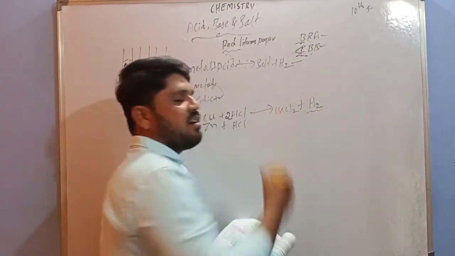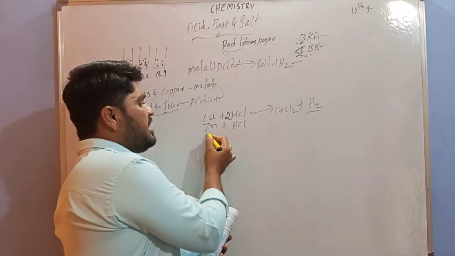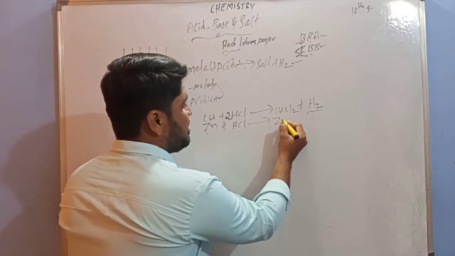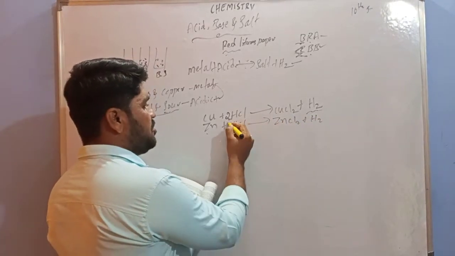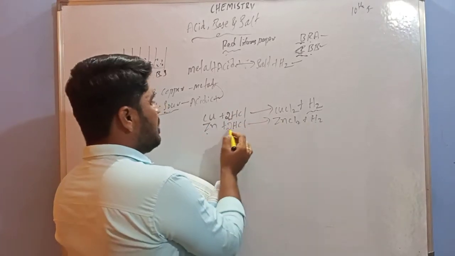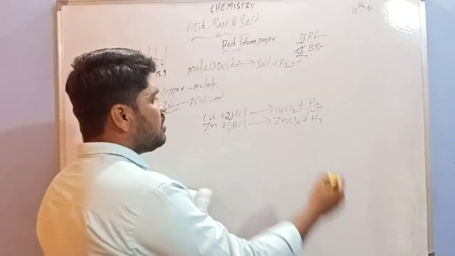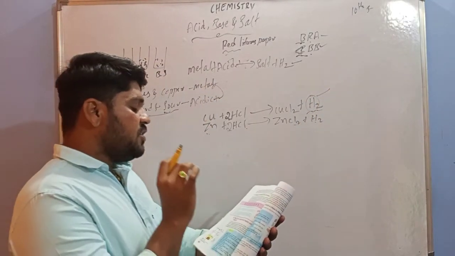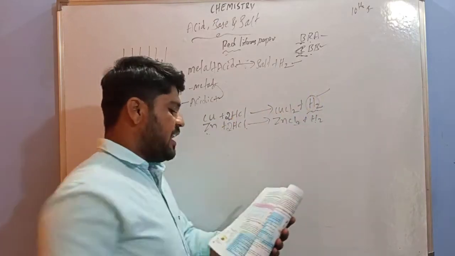This is very, very important. Here also zinc reacts with HCl, and we produce a salt ZnCl2 and hydrogen gas. For balancing, I am going to take coefficient 2, so 2H, 2H, 2Cl, 2Cl, Zn, Zn, balanced. So hydrogen gas is liberated. The first question, which gas is liberated? That means hydrogen gas is liberated.